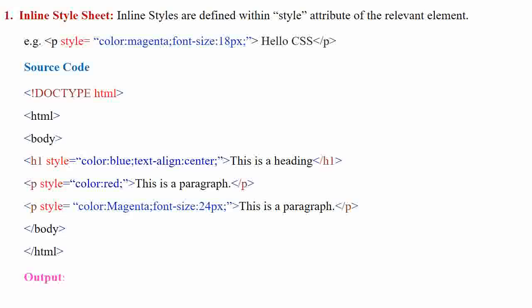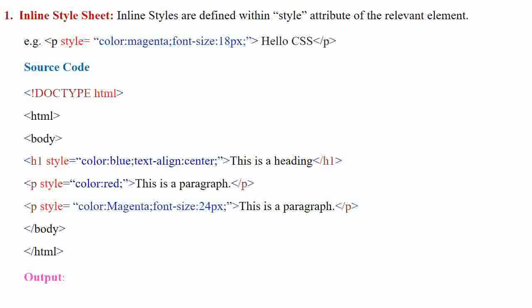Now save this program by giving a program name .html and see the output of this program.